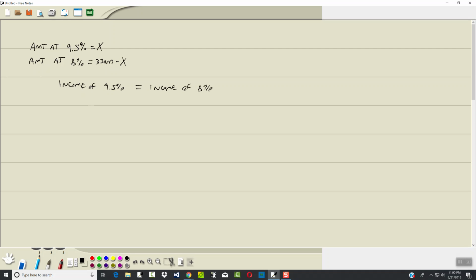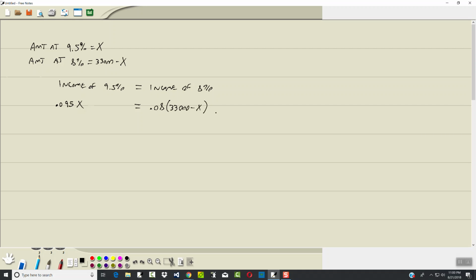Now, just generally, you take your amount times your percent. So on this side, we're going to have 0.095, changing it to decimal form, times x. Over on this side, we're going to have 0.08 times